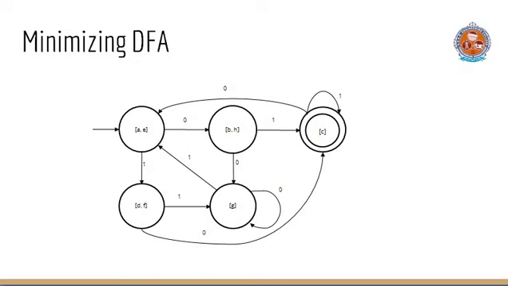And this is our minimized diagram. Here we have AE state, BH state, C state, DF state, G state. We can easily frame the transitions, and C is the final state, AE is the initial state. We can also observe that the language of the original diagram is equal to the language of the minimized diagram. All the strings that are accepted in the original DFA are also accepted here, and all the strings which are not accepted in the original DFA are also not accepted here.